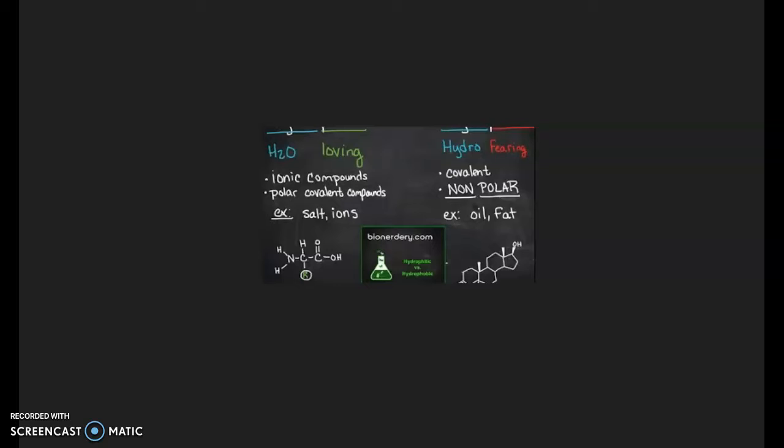The chart you see here shows on the left hydrophilic molecules, hydro meaning H2O or water, and philic meaning loving. These are ionic compounds. They're polar covalent compounds such as salts and ions. Around your house, you might find common table salt or granulated sugar. On the right, we see